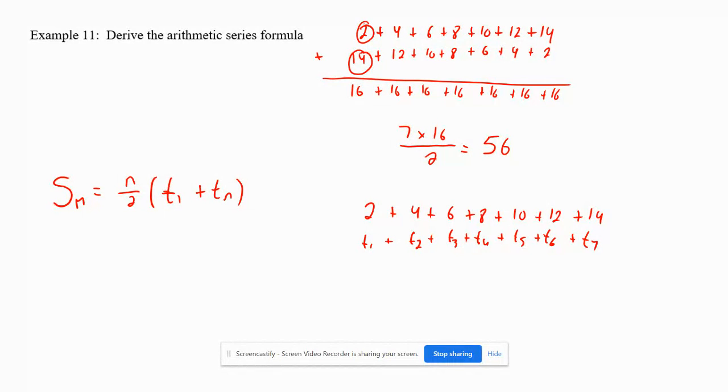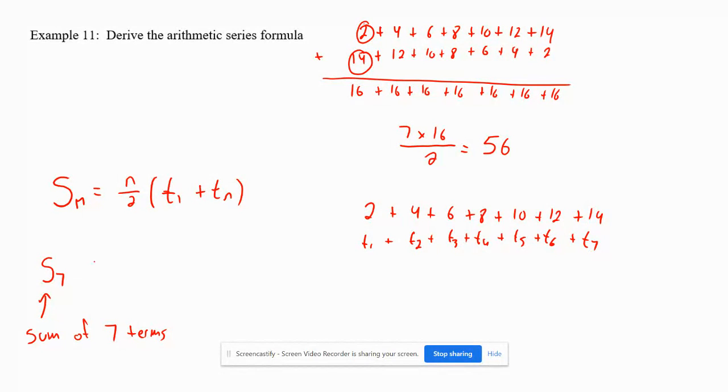In this case, I want to figure out, well, what is S7? Now, S7 means the sum of 7 terms. So term 1 plus term 2 plus term 3 plus term 4 plus term 5 plus term 6 plus